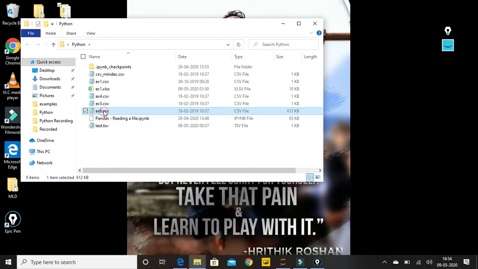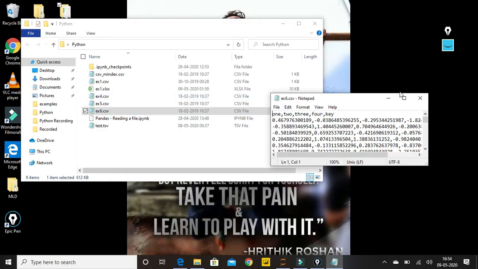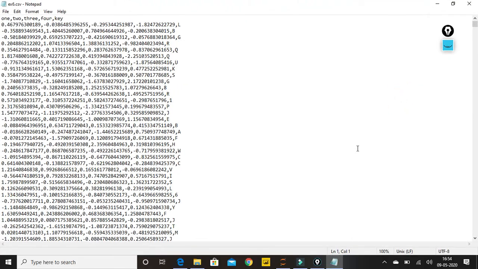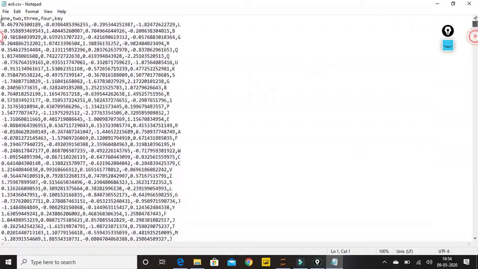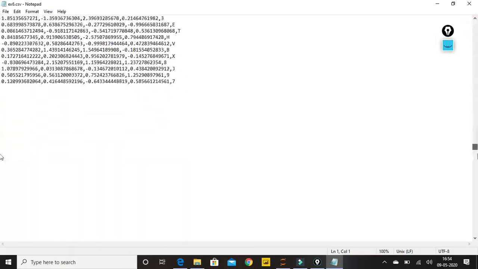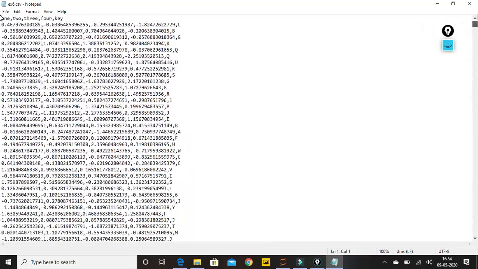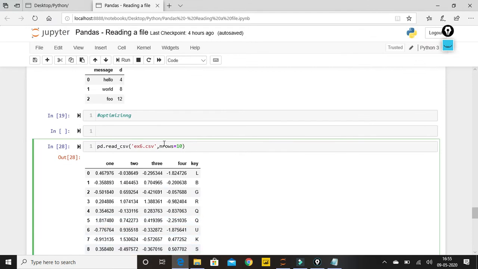Yeah, so this is my comma separated file. Over here we find there are many rows present. If I scroll down, it's like millions of rows are present. If we perform the head function on this data, then it will take time to load because it will scan through all the rows, and if you need only the top two rows, it will give me the top two rows. But the parameter that we can pass is nrows, where it won't be scanning all the records inside my data frame.